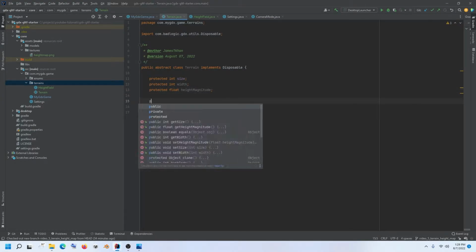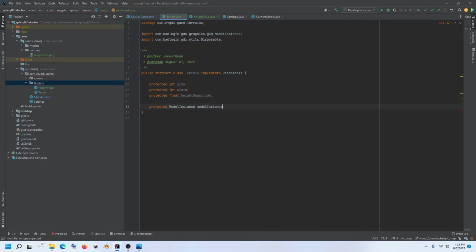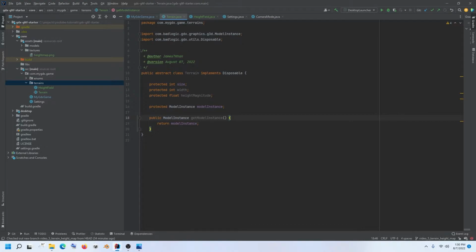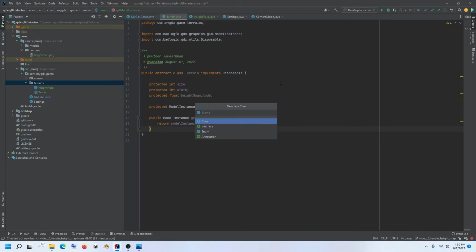And so our terrains are going to need to have a model instance so that we can render them. And so we'll create a model instance here. And we'll want a getter and setter, or at least we'll want a getter for our model instance here. And of course, you can modify this as needed if you're using this. Okay, so we got our base terrain class. Now we're going to create a child class and inherit from this, which will represent our height map terrain. Because like I said, you can have a procedural terrain, but we're going to do a height map terrain this time around. So let's just call this